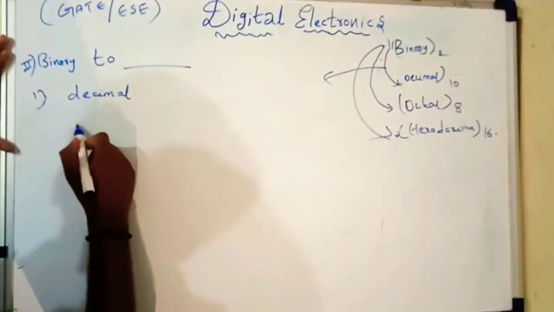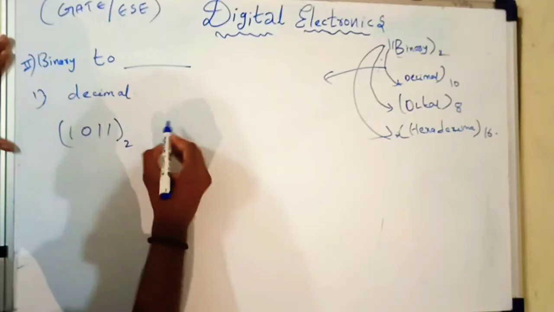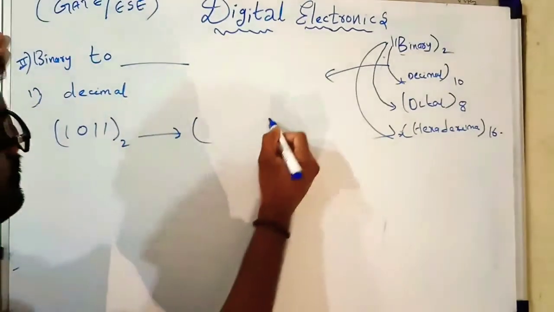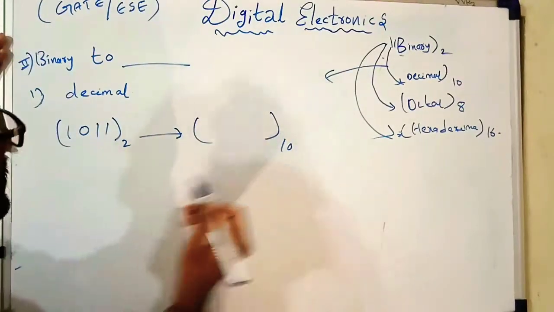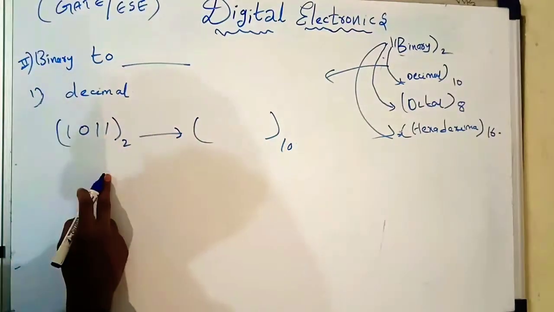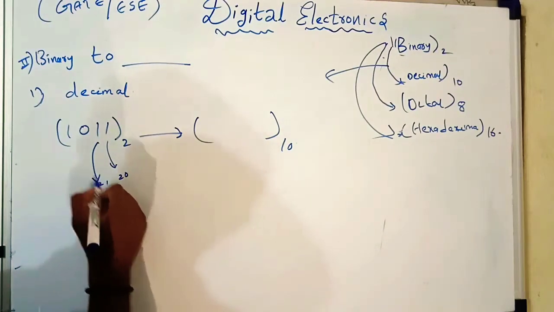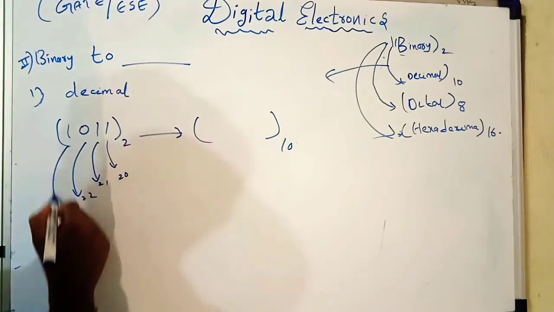Let us take an example. 1011. This is base 2. We need to convert this to decimal of base 10. For converting to decimal from binary, this is 2 power 0, this is 2 power 1, 2 square, this is